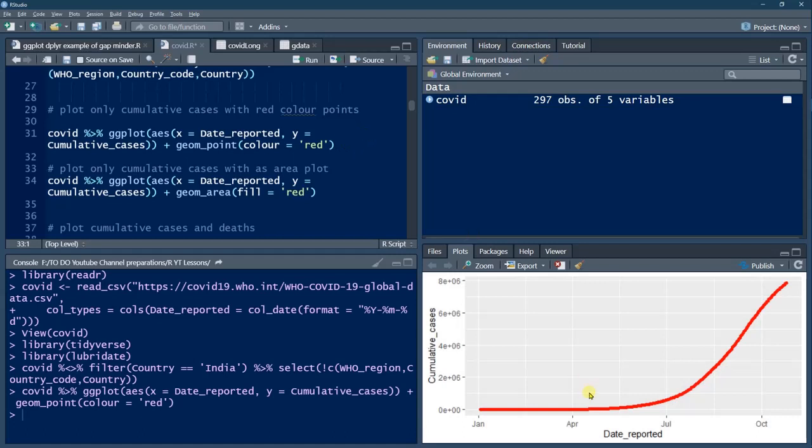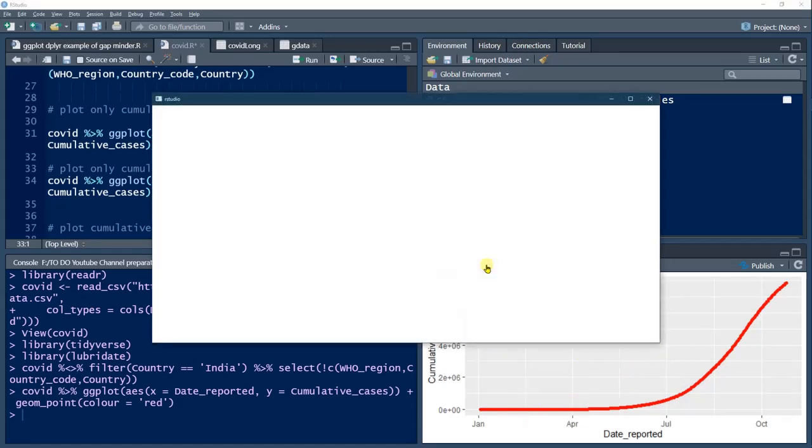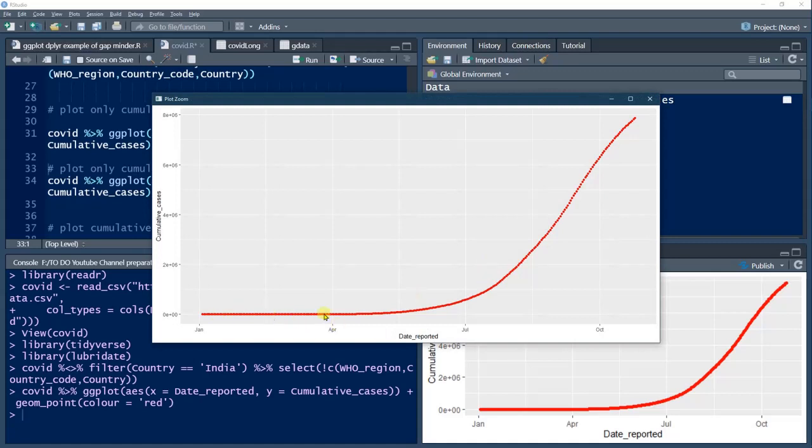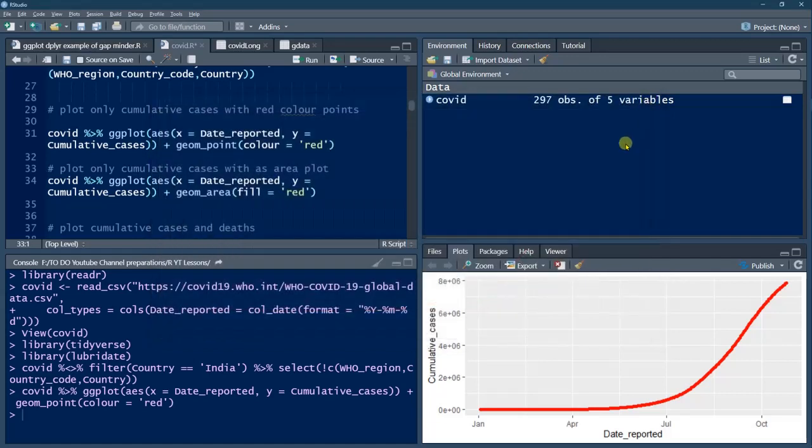So we got this, it appears to be a line, but if you really zoom in, you will know it's not a line, it's all points, because continuous days, therefore points are all plotted. So the cumulative cases are increasing, that is what we see, and maybe there is a slight suggestion here that it will taper off after some time.